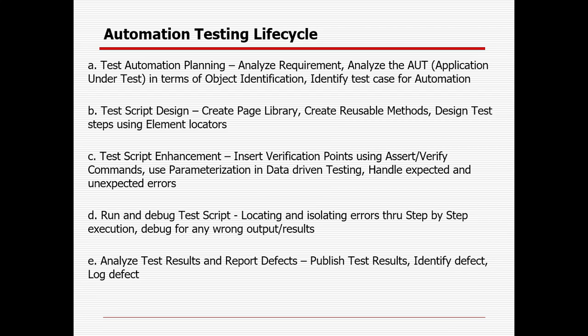Then the fourth step, once everything is ready, you need to run them multiple times, and any kind of problem or failure you need to debug, and you need to fix your code, right? And the last step, as and when your demand comes, you'll be running them and validating them, and you'll be publishing the result to the respective stakeholders, and definitely along with all the sign-off part. So that is the automation testing life cycle.